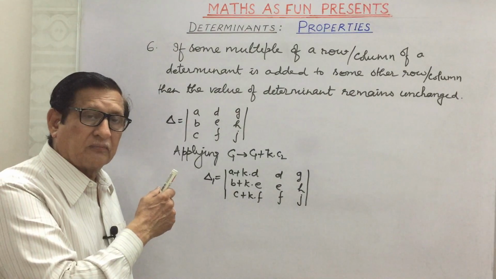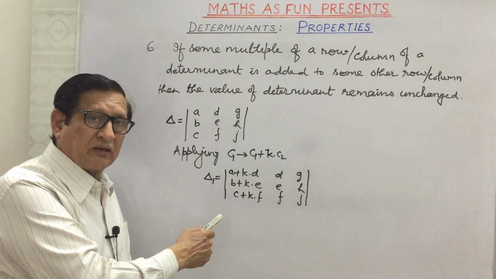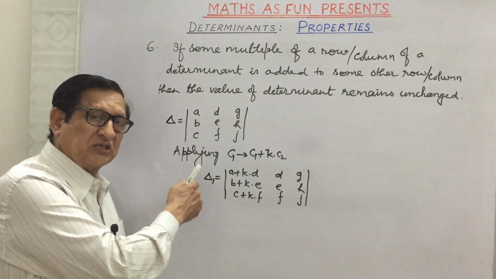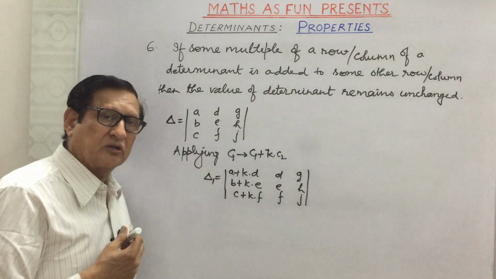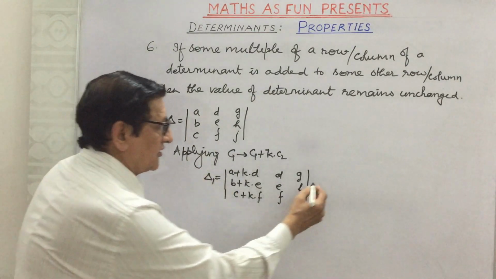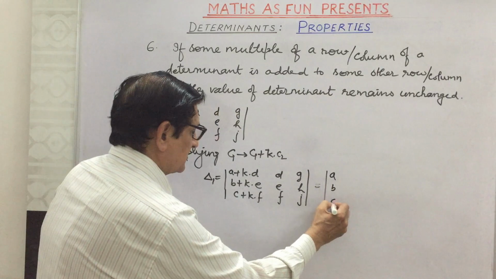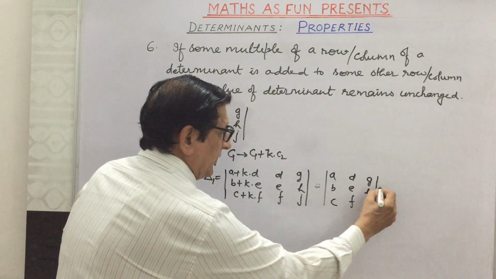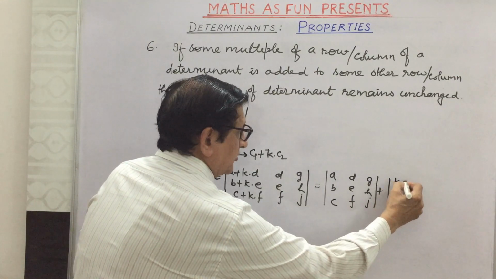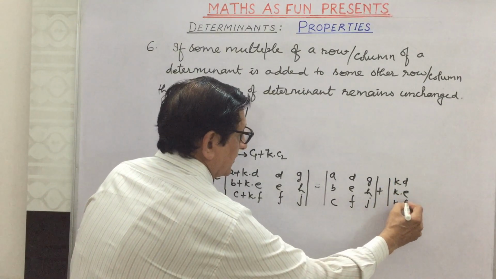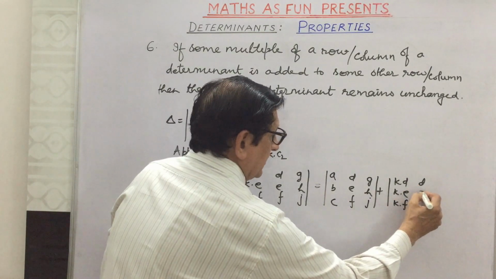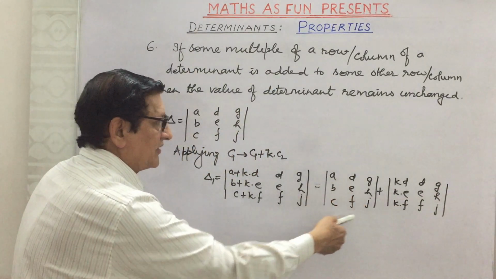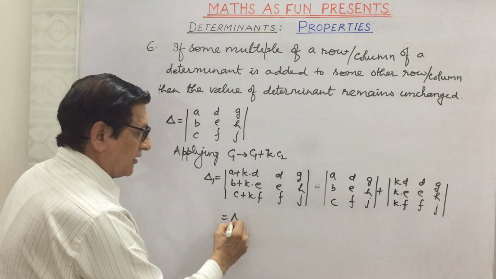See, from the fifth property, if this is represented as a sum of two numbers, then this can be represented as a sum of two determinants. So can we write this delta 1 as A, B, C, D, E, F, G, H, J plus k into D, k into E, k into F, D, E, F, G, H, J? Is it the same as delta? It is delta plus